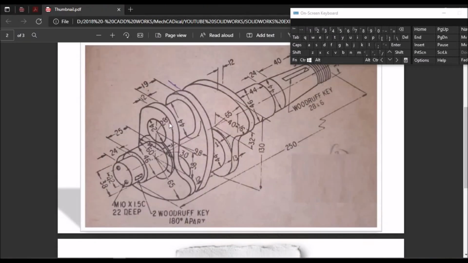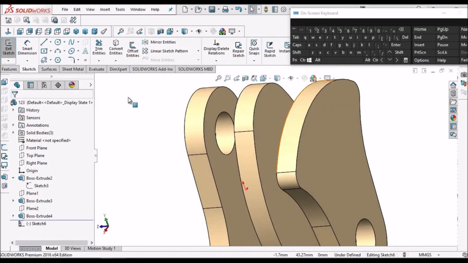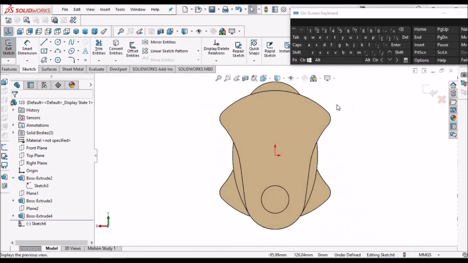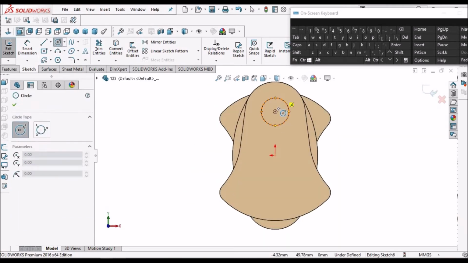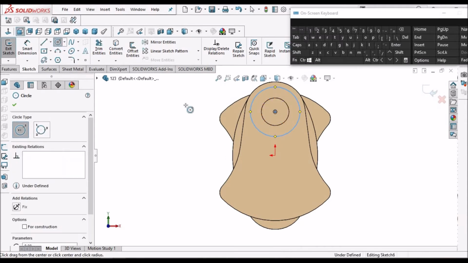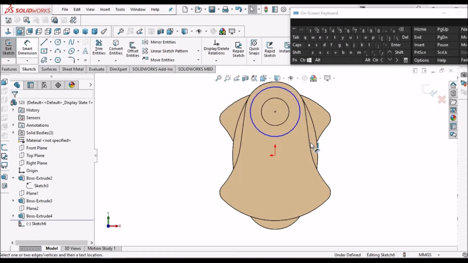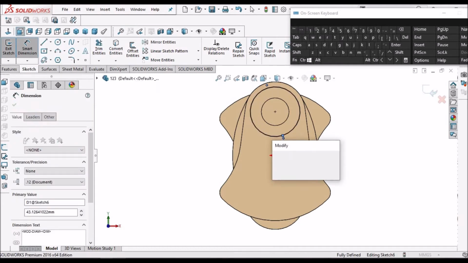So inside diameter is 24 and outer is 44. So we have to create one circle. 44. Say OK.